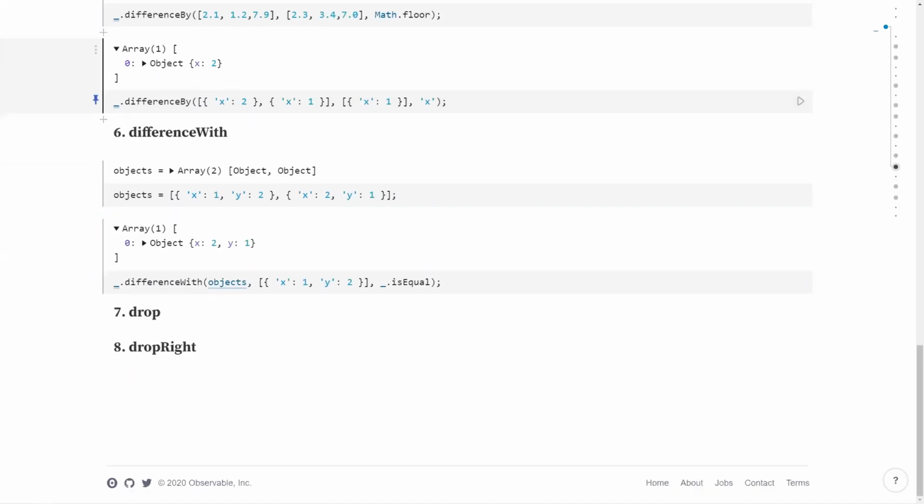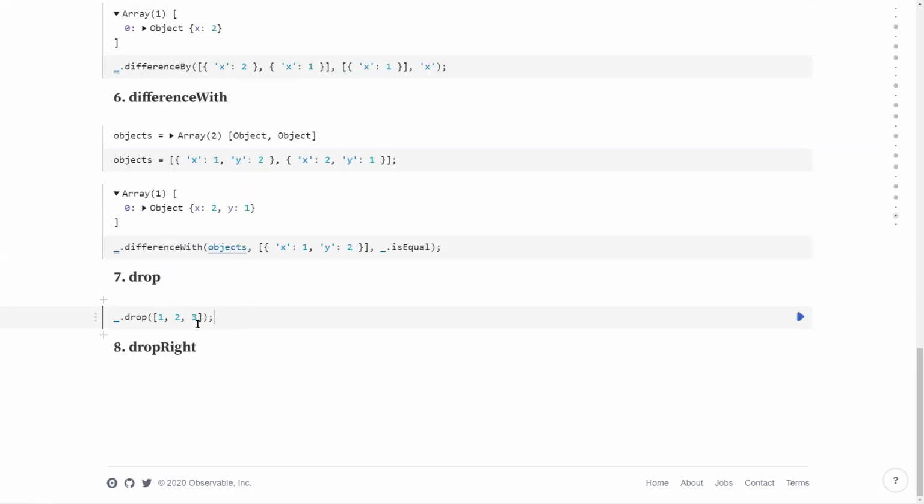Let's go for drop. Drop is very easy. We can see it with an example. For drop, you specify your array, and then you specify the second parameter as the number of elements that need to be dropped from the front. See, drop will always drop from the front.